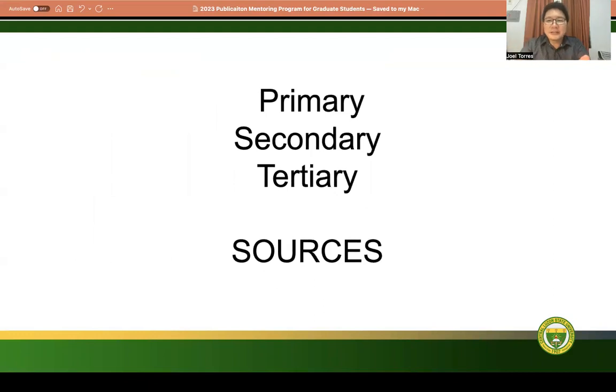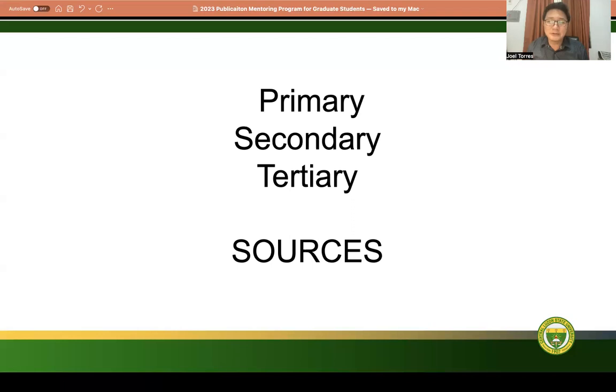So it's also important that you always have to go back to the primary source. Okay. So we try to avoid secondary sources as much as possible. If you're writing for journal articles or for journals, it's important that you have to go back to the primary source. If the primary source is available or is accessible, go back to the primary source and avoid just merely